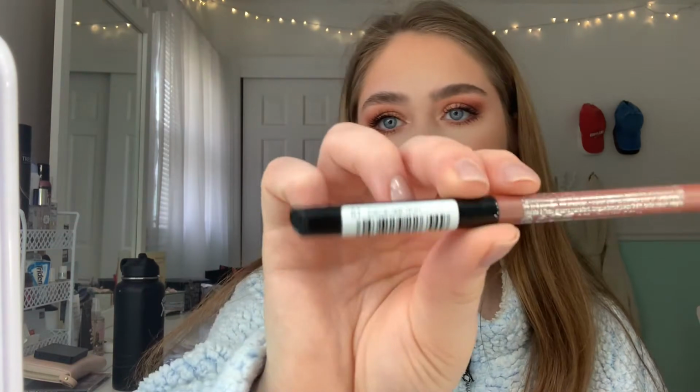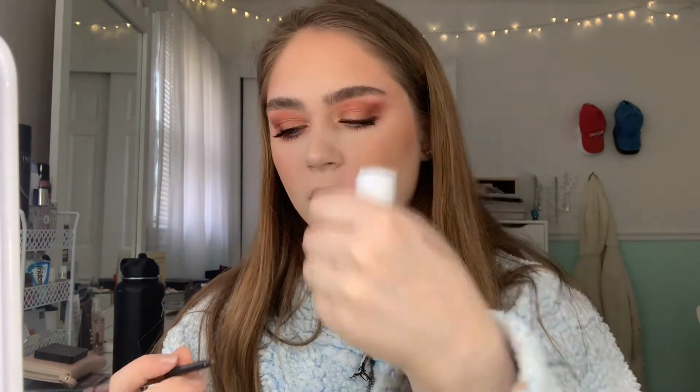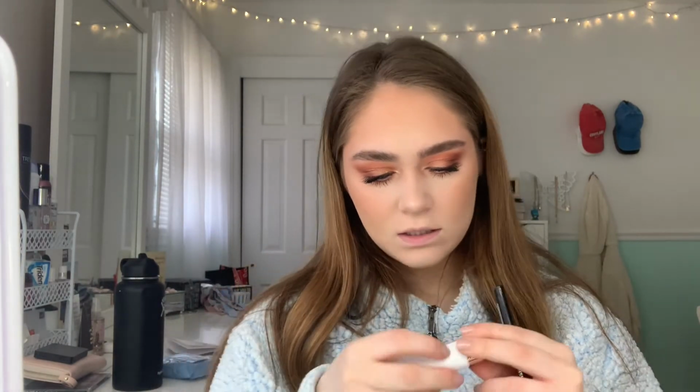Essence Stay 8 Hours Lip Liner, waterproof with sharpener. And it's in the shade number 1, because duh. So that's what it looks like. And it's retractable. And that's the shade, so it's a nice shade. And I like the cap, it's slanted and there's an E on it for Essence. And then this is the,